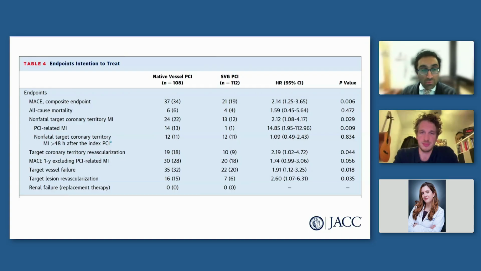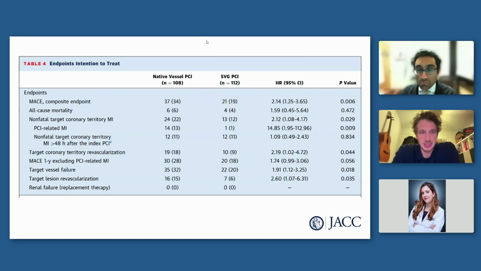One other thing I was just hoping you could comment on is the decision to include as part of your outcome PCI-related MI. And I think that has been controversial in various trials over the years, of how to include that and what you're measuring and what you should or should not include and after what time period. If you could just talk a little bit about your decision making for that endpoint.